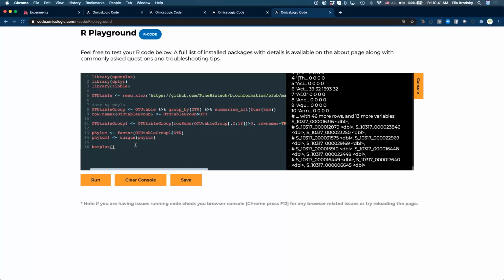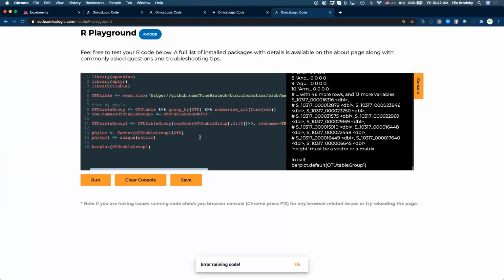All right, great. So yeah, let's put here OTU table. Let me just copy this. So this is what we want to use to bar plot. So let's just run this. Okay. Height must be a vector or a matrix.